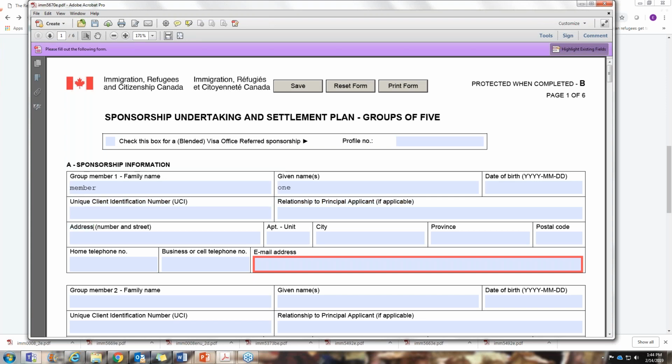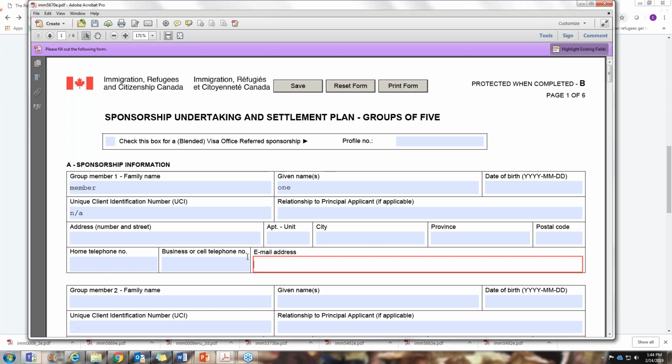Unique client identification number, UCI, for any naturalized citizens and permanent residents, anyone who has applied for citizenship or permanent residence, they would have unique client identification. Those of you who are Canadian born who do not have a unique client identification number, you can just put not applicable. Relationship to the principal applicant, if any,